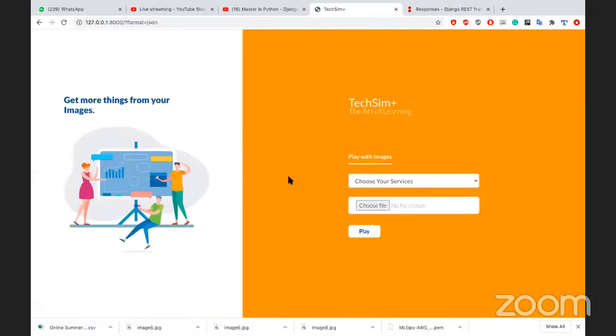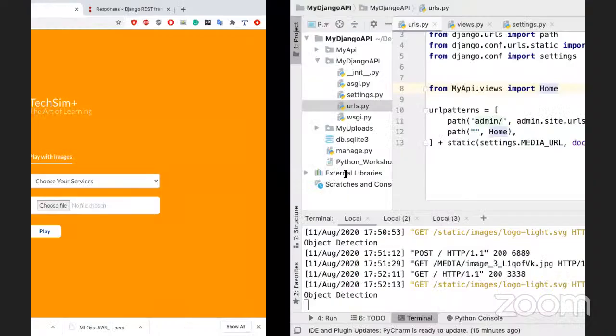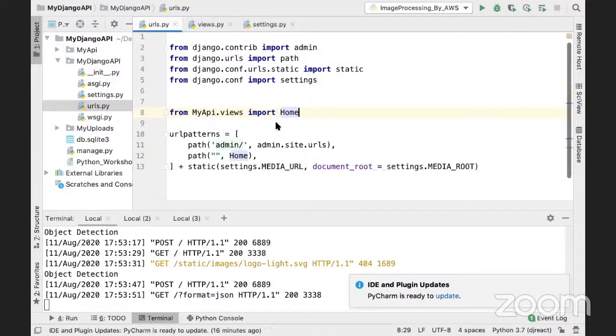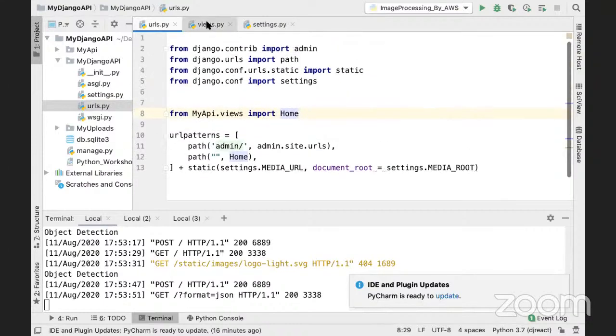That's it, right? So what is my plan? My plan is to get the data in the JSON format. So how can we get the data in the JSON format? Simple. As we are importing our API view,